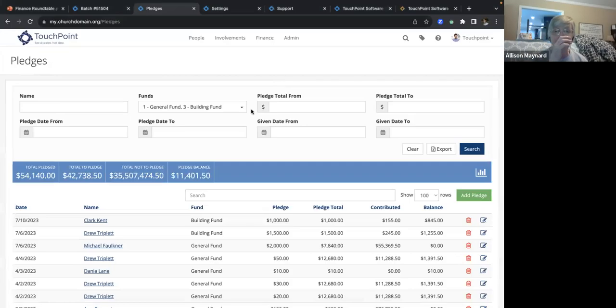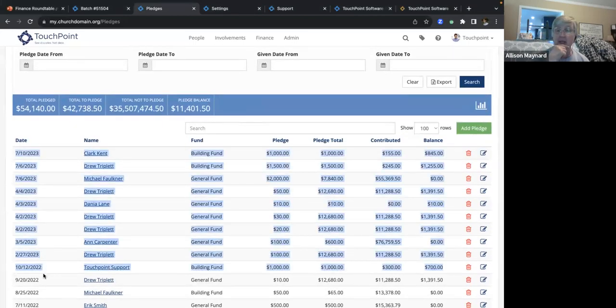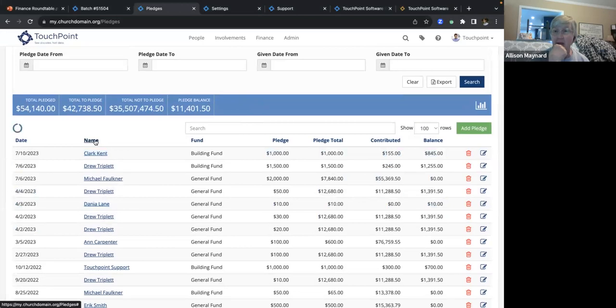Mine has to do with alphabetical order. When you're looking at the pledge report, the order it comes in when I first click on it, I'm not sure what order it is. It might be people ID order. But if I want it in order by the last name, how do I do that?